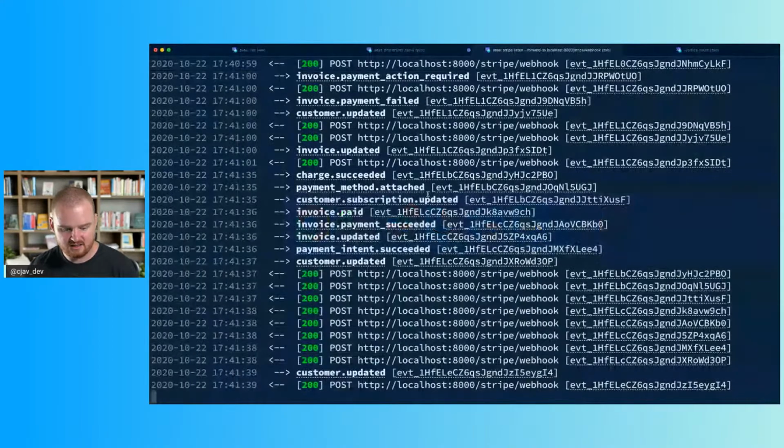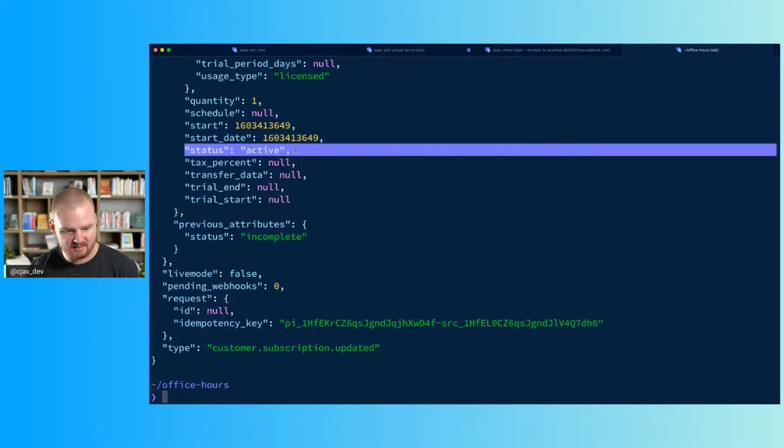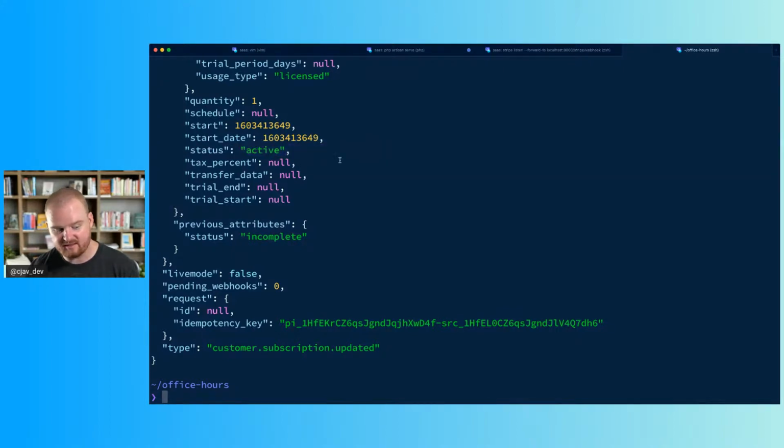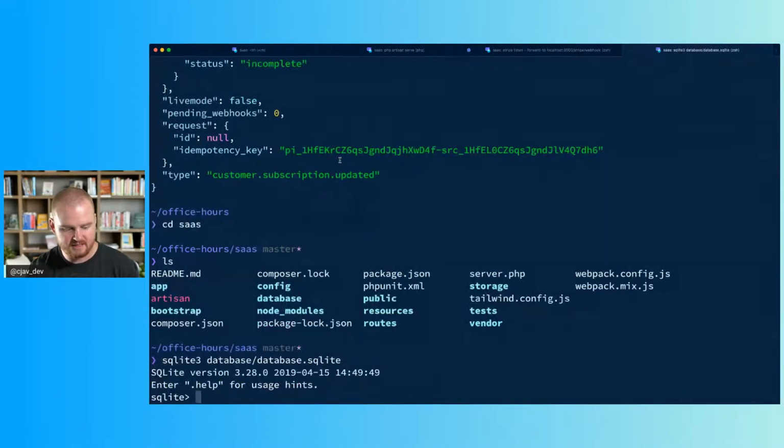Now let's see if our events are firing. Cool. So we got the customer subscription updated event, and I want to just see, events retrieve that event, and the status. Oh, previous attributes status was incomplete. The status is now active. So this event in particular, I think we want to listen for and make sure that we are updating the status in our database,